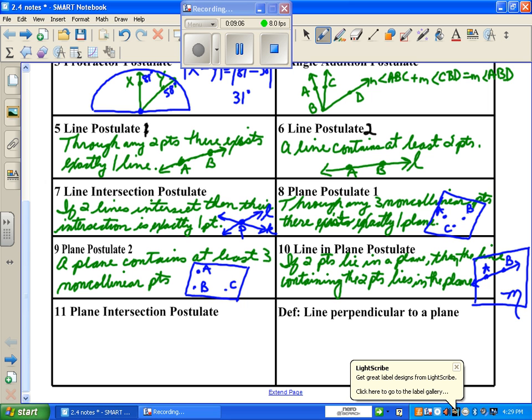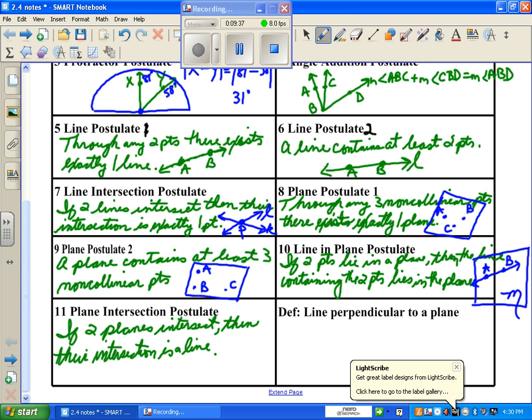Okay, the last postulate that we're going over right now is plane intersection postulate. It says if 2 planes intersect, then their intersection is a line. If 2 planes intersect, then their intersection is a line. And I'm going to attempt to draw this. So if I have a plane and I have another plane,